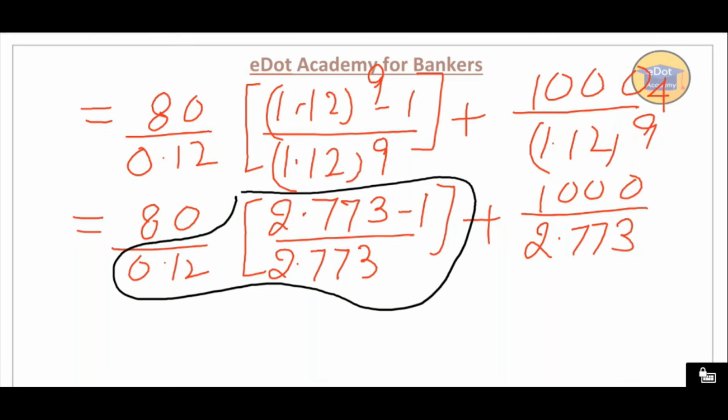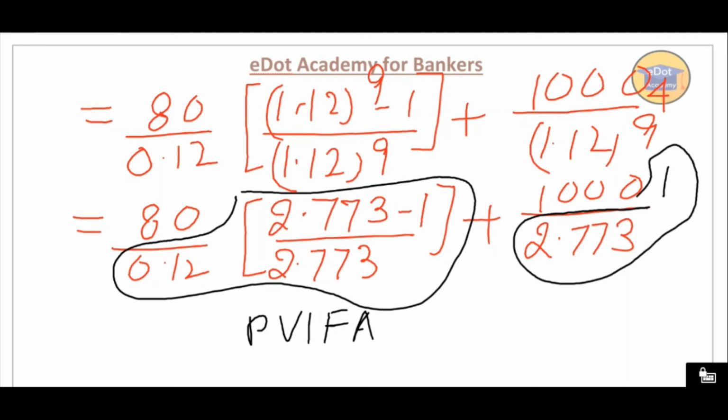You will get the same as PVIFA, what is given in the question, the present value interest factor of annuity. So in the previous example we used PVIFA. And if you calculate 1 divided by this, we'll get PVIF. So sometimes they will give it in the question, sometimes they don't. If they are not giving it in the question, then you have to use this method, the present value method, whatever I am doing right now.